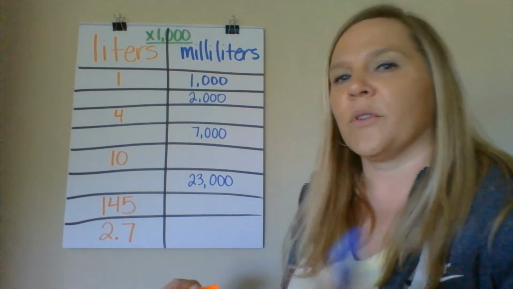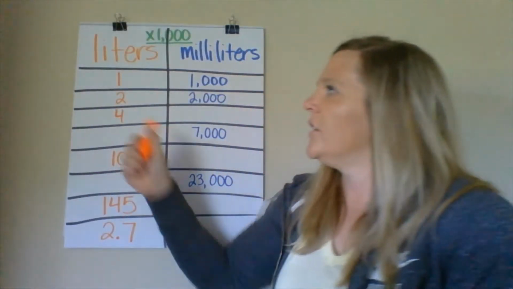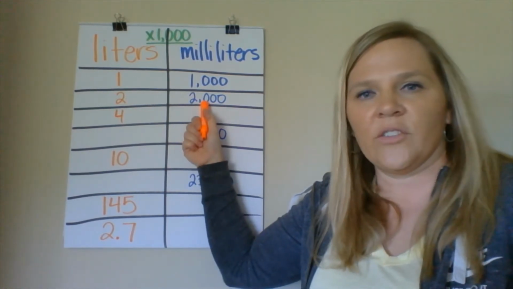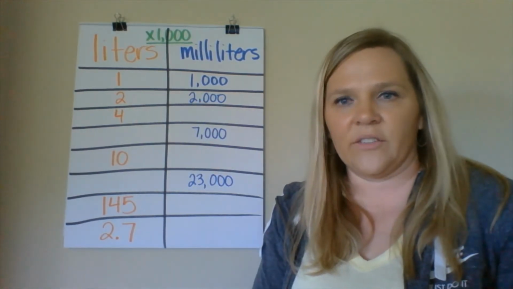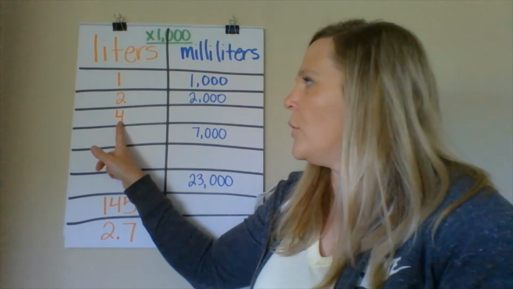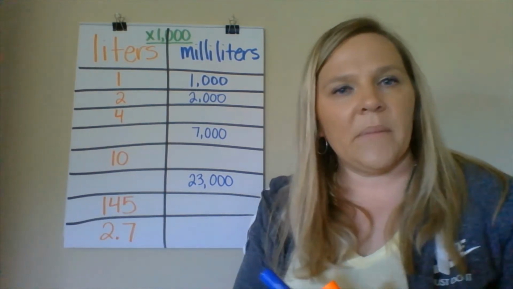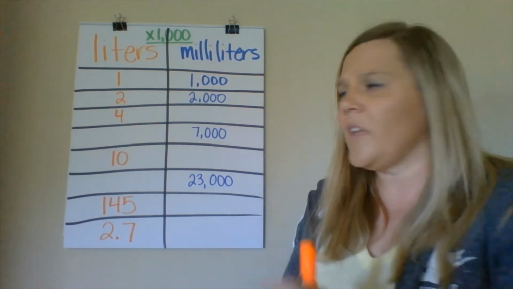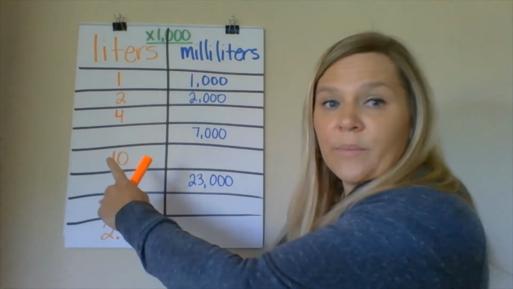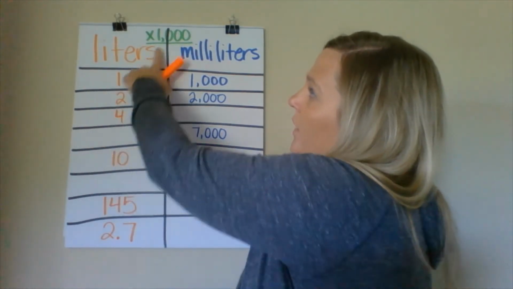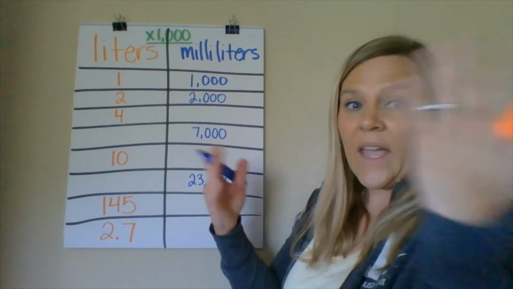But hopefully you're blurting to me that the answer here is 2. So 2 liters equals 2,000 milliliters. Okay, next one we have 4 liters. How many milliliters would that be? So again, we are going to simply multiply it by 1,000. So we have 4 times 1,000. Everybody tell me what that should be. That should be